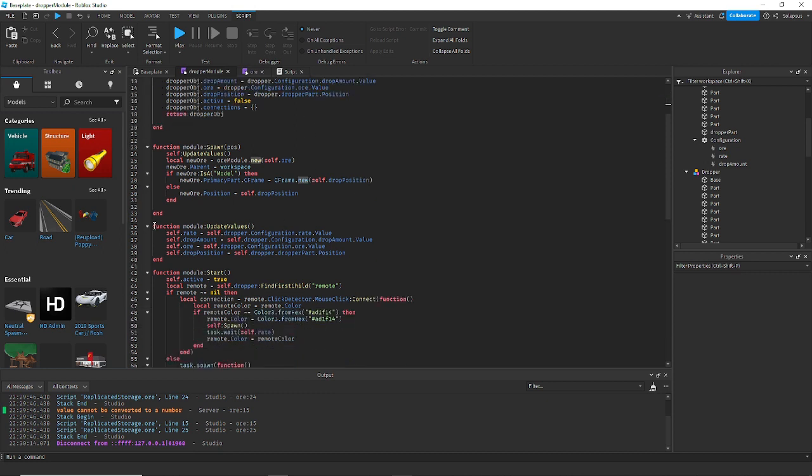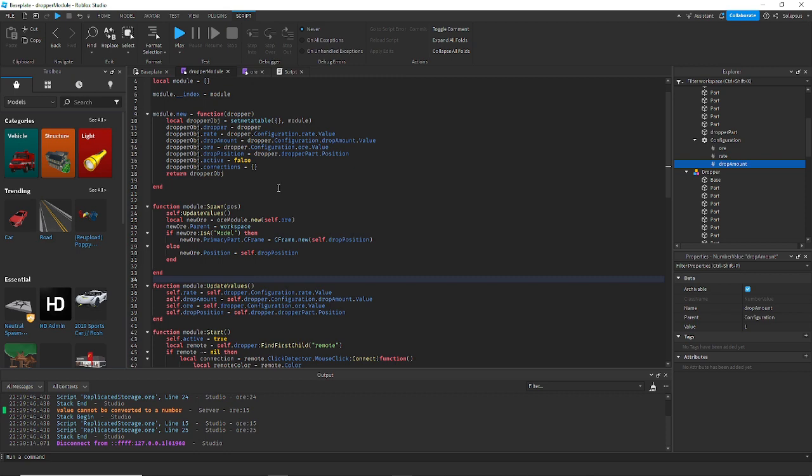And so we need to create a function which updates all of these properties and sets them to the configuration values, because usually if you want to change something in a dropper, or when you upgrade a dropper, you change the configuration values here. So you might change the ore, the spawn rate, or the drop amount and stuff like that. The drop amount is actually not set up,